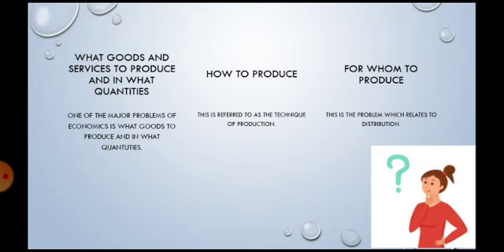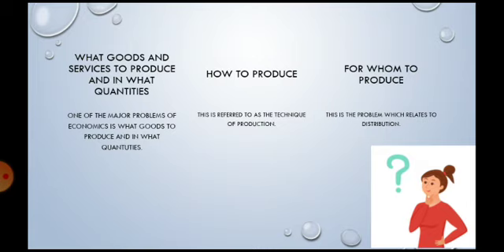Firms, households and government are faced with the problem of deciding on the type of goods and services to produce for the society. In relation to this, a vital question has to be answered. What determines the allocation of productive resources in an economy? The type of goods and services which will be produced depend, among other things, on the needs of the society.